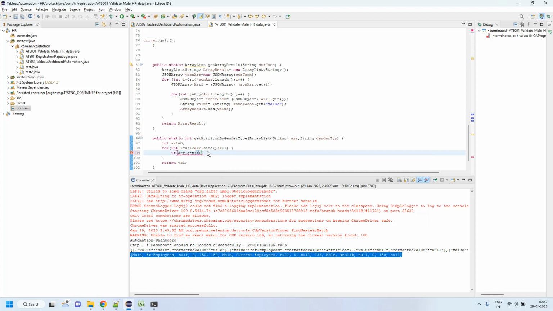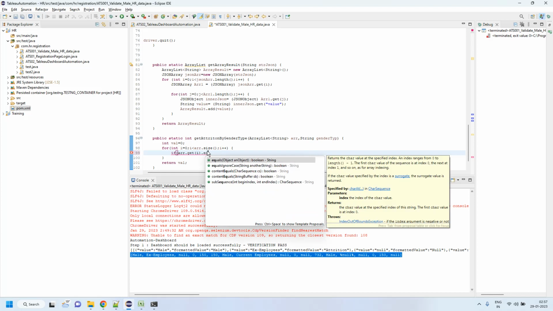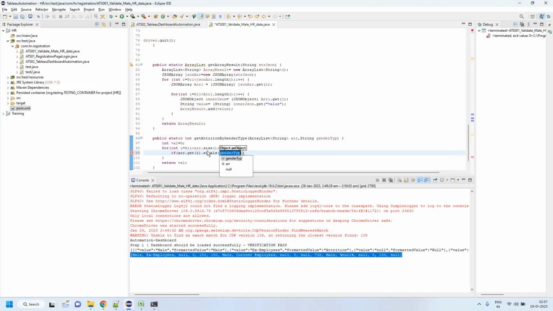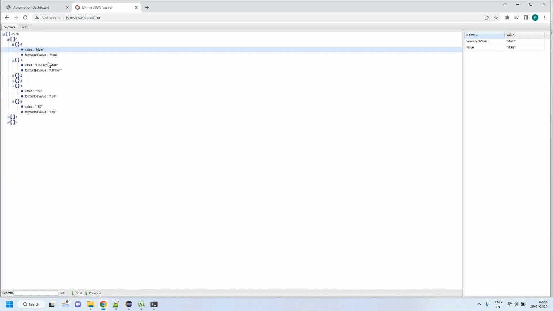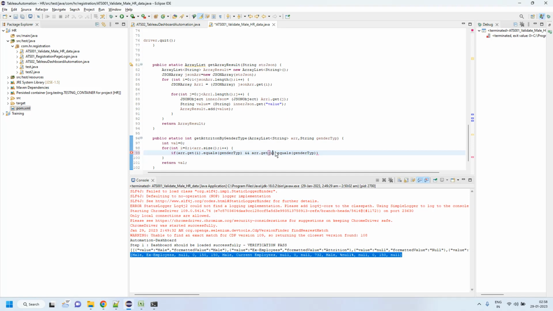If this dot equals the gender type what I am passing for the male, suppose if it is equal to the same gender type, then and array of 1, this is 0, this is 1, and if array of the 1, when it is 0 it is 1, so i plus 1 dot equals to